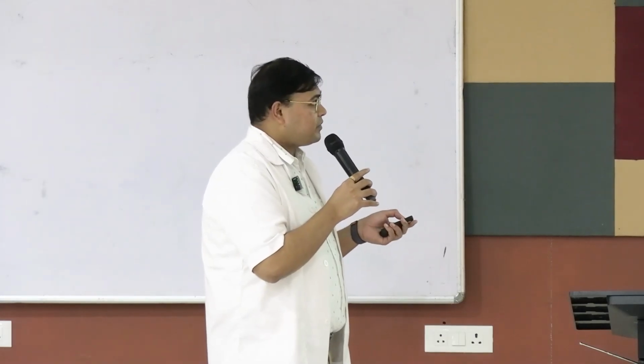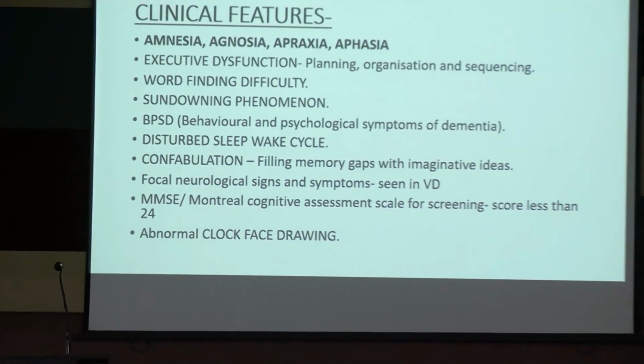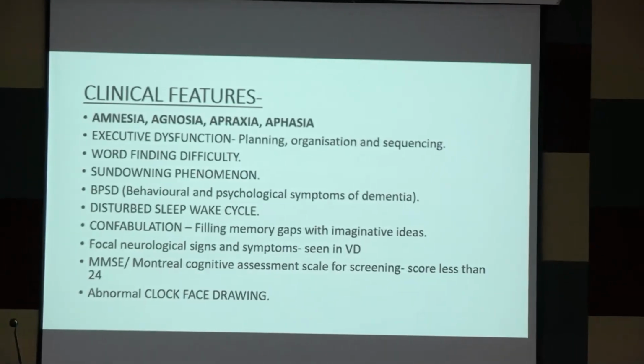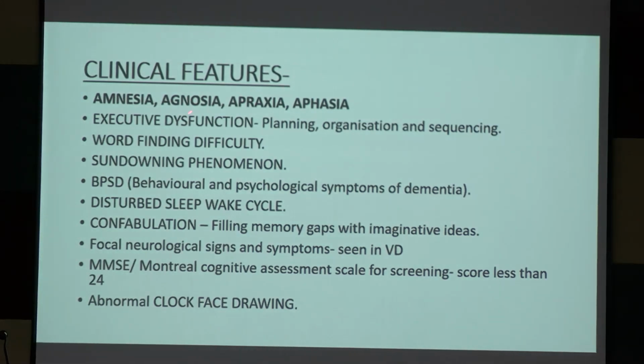Apraxia, it is learned motor task, মানে not able to perform learned motor task, that is buttoning, জামা কাপড় পরা, কোম্বিং অফ হেয়ার, এগুলো করতে পারবে না। লাইটনিং ম্যাচস্টিক, ঠিক আছে, এগুলো পারবে না। অ্যাফাসিয়া, there is speech difficulty with speech and word finding। ওকে, তো বোঝা গেল তিনটে কি, অ্যামনেসিয়া, অ্যাগনোসিয়া, অ্যাপ্রাক্সিয়া, অ্যাফাসিয়া। ঠিক আছে, এটা হচ্ছে স্পিচ, এটা হচ্ছে মোটর অ্যাক্টিভিটি, আইডেন্টিফিকেশন প্রবলেম, আর এটা হচ্ছে মেমোরি ইম্পেয়ারমেন্ট।